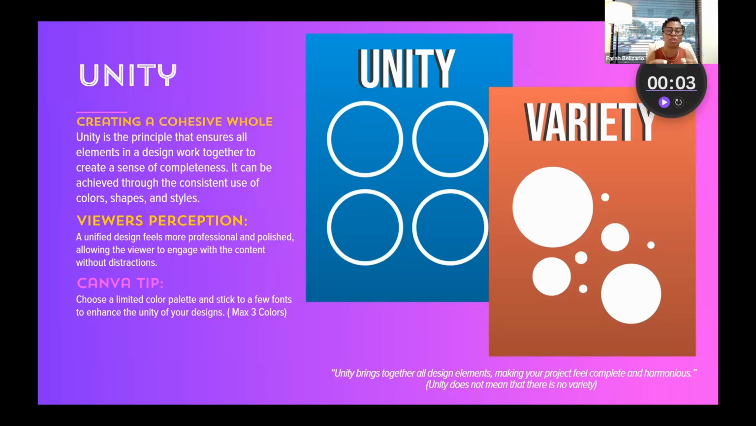Unity is a principle that ensures all elements in a design work together to create a sense of completeness. It can be achieved through the consistent use of colors, shapes, and styles. A unified design feels more professional, more polished, allowing the viewer to engage with the content without distractions. A really, really good Canva tip that